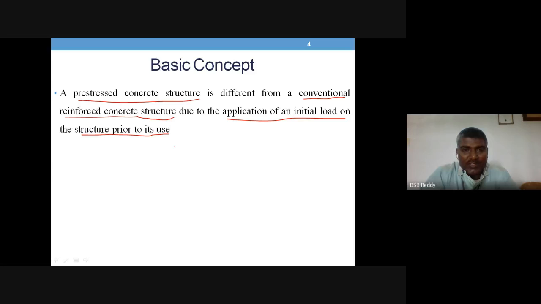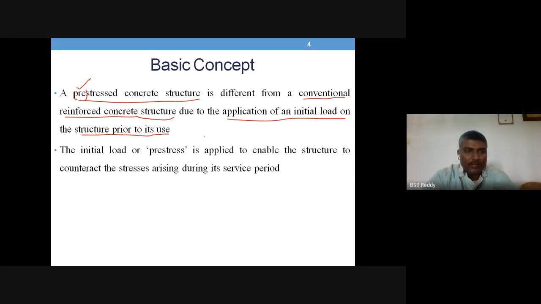This is the regular conventional reinforced concrete structure. In case of a pre-stressed concrete structure, even before its use, it is going to take some load. That is what "pre" means, before actually coming to its use. So this is what makes the PSC structure different from the conventional RCC structure. Initial load, or what we call pre-stress, earlier stress before,